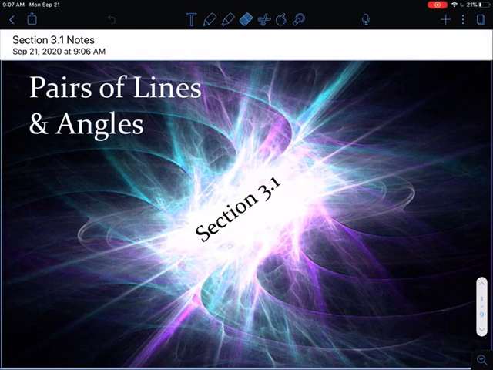All right, today we're going to start chapter 3, which is going to be talking about parallel lines and different angle pairs formed when we cut those parallel lines with a transversal. So today we're going to talk a little bit about some vocabulary and start getting into what are the different types of angle pairs, what is a transversal, and how do we work with these lines